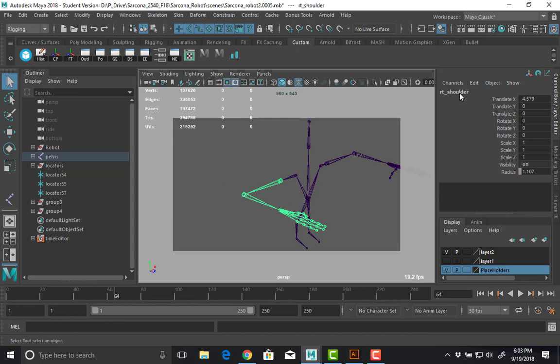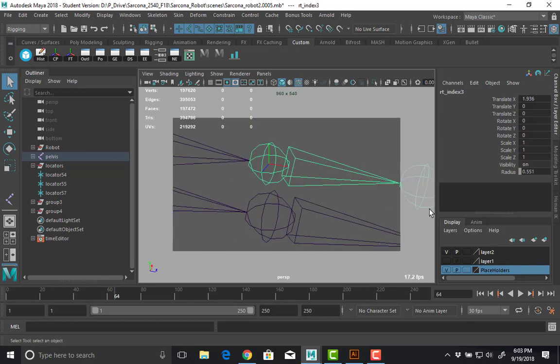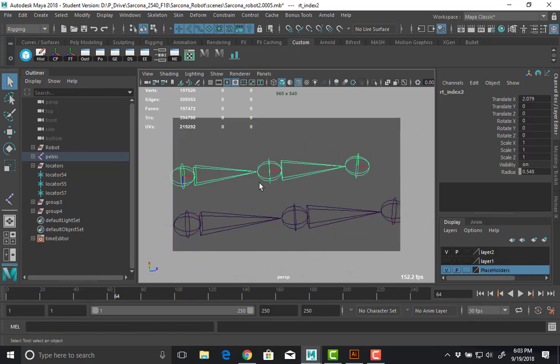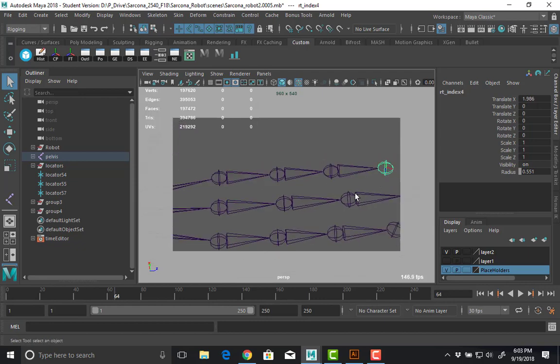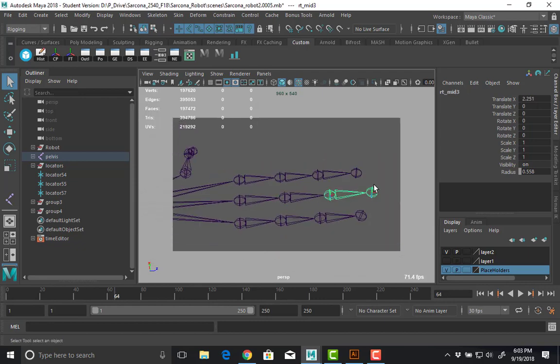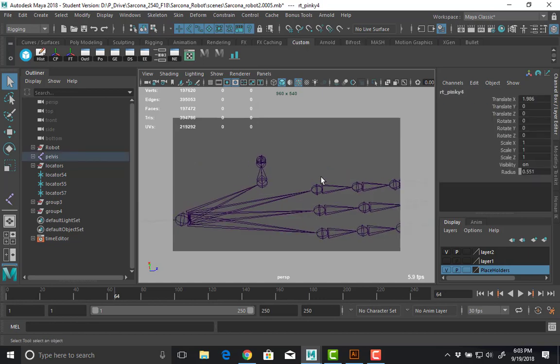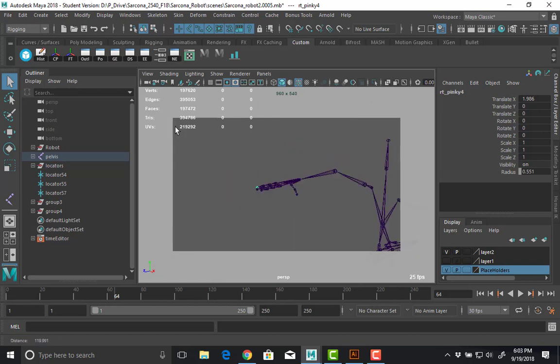All right, so for these, you'll see how I labeled this, RT underscore shoulder. RT index 3, 2, 1. So this is the one I labeled 1, 2, 3. And I think that's 4, yeah. So 1, 2, 3, 4. And then pinky 1, 2, 3, and 4. And then thumb 1, 2, 3. All right, so once I have the one side done